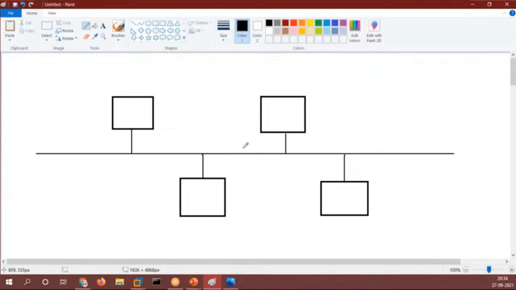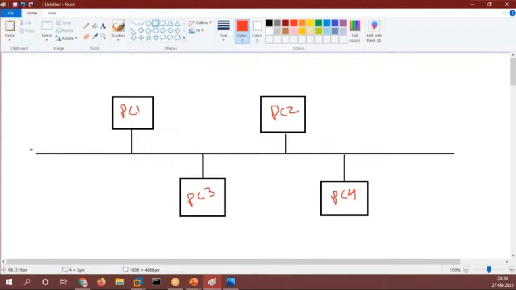We have PC1, this is PC2, this is PC3, and this is PC4, right? Now we have these PCs.